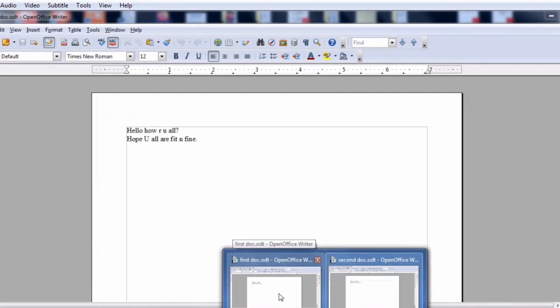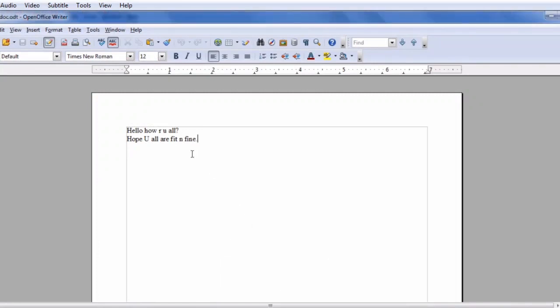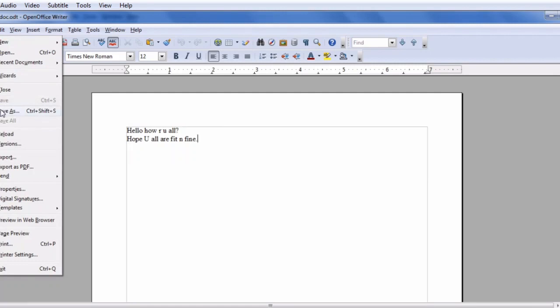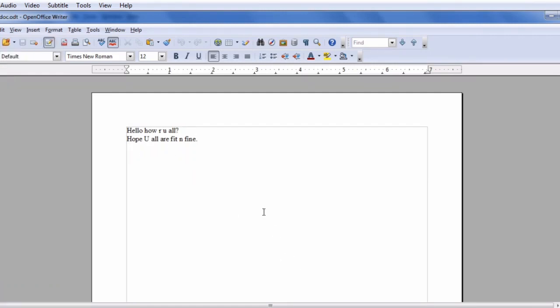So with the help of Save you can save changes to your file, whatever changes you make. For example, if you add a line or you delete a line, you want to save it, simply go to Save. And with the help of Save As you can make a new copy, or you can say the same copy of your existing file.